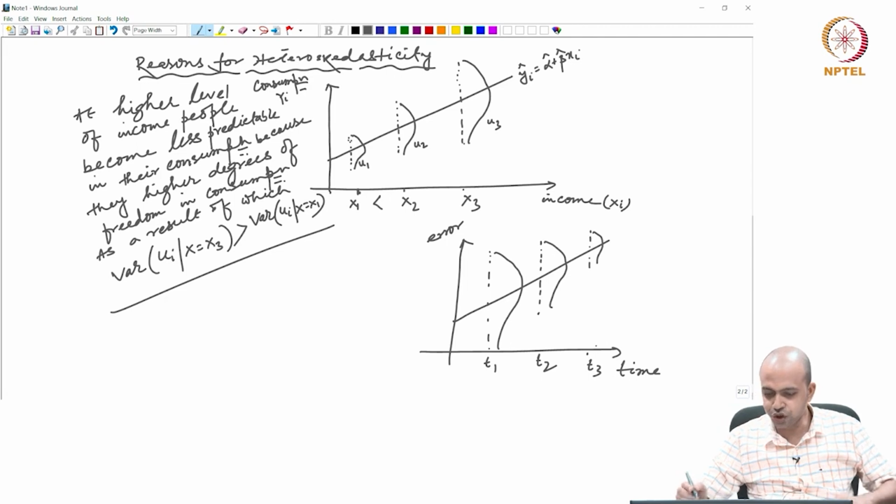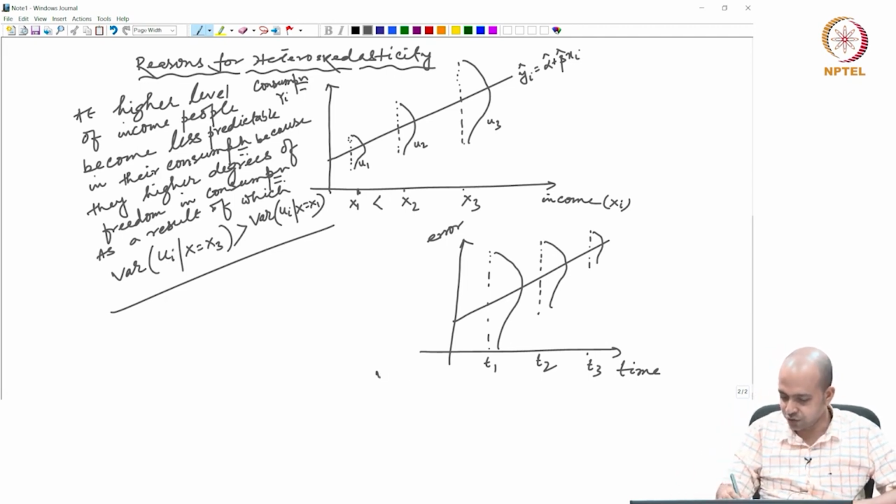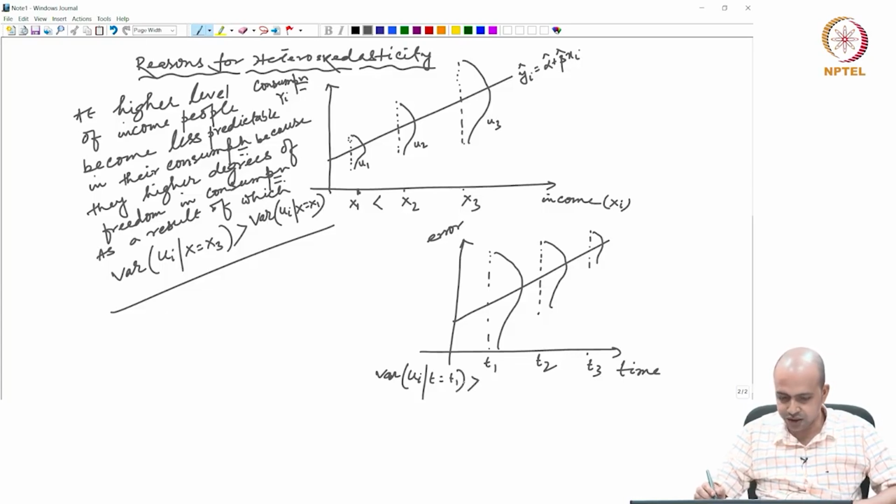So, just opposite will happen in this case. So, that means variance of ui given t equals to t1 is much larger than variance of ui given t equals to t2, and then